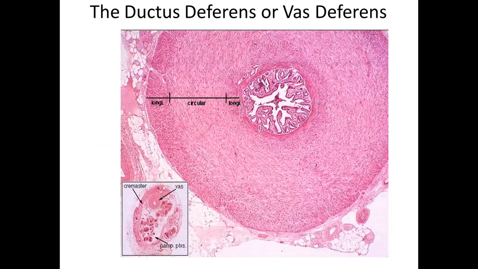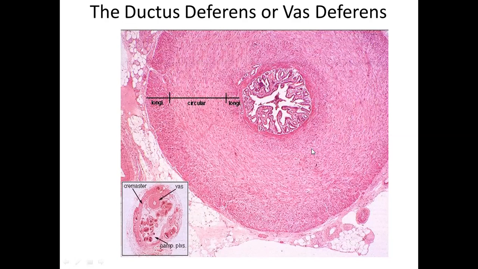Now just look at this cross section taken from the spermatic cord. The very center part is vas deferens, which is now magnified here. So look at the mucosa component; it is highly folded, but the pseudostratified epithelium is not visible at this magnification. Then the folded base is composed of connective tissue, which is comparatively dense, and outside the dense connective tissue, there is a thin longitudinal smooth muscle layer, then there is a thick circular smooth muscle layer, and then again an outer longitudinal smooth muscle layer, which is comparatively thicker than the inner longitudinal muscle layer. So it is highly muscular.